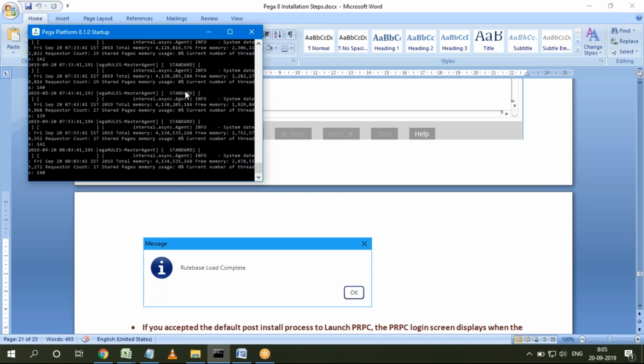Okay. See, because personal edition means what? In our laptop only we can use that application. Others cannot remotely access and others cannot connect to our application. Because when you are using it as a practice edition, if you install Pega only in your system, only you can use that one. So it will work on an intranet server.